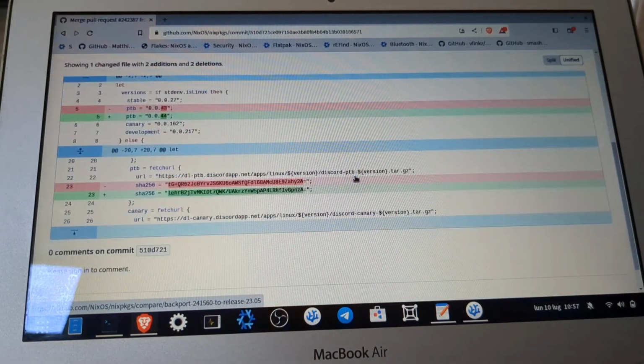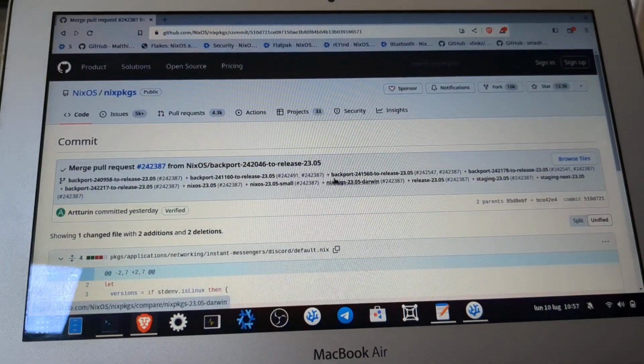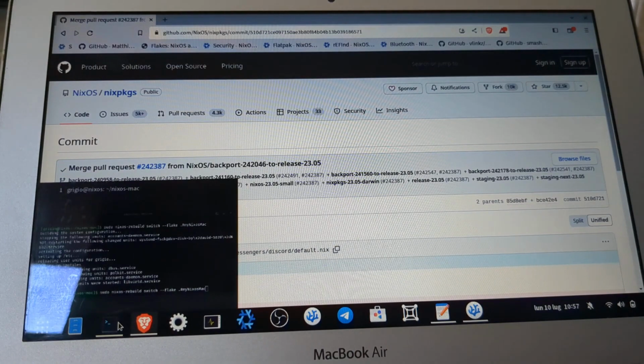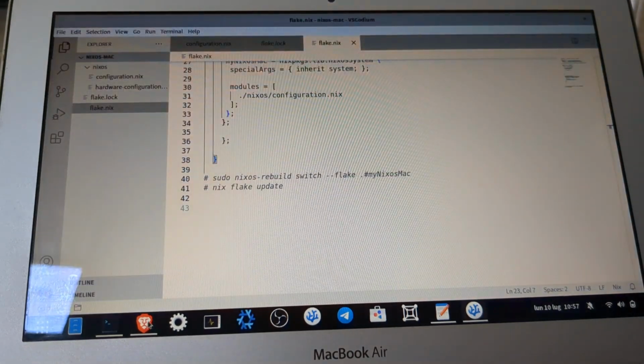So you can create this exact configuration with the commit. So you can decide to update only your dependencies or also the system dependencies in this way.